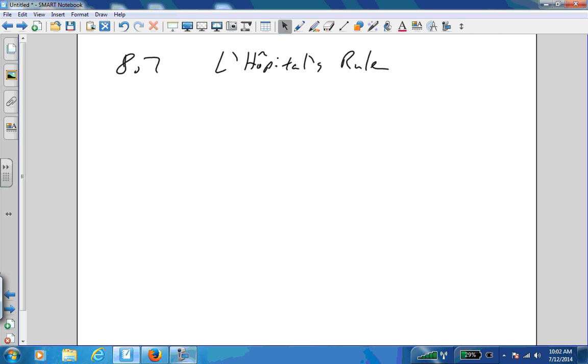8.7 is on indeterminate forms in L'Hopital's rule. And while most of us probably wish that limits were gone, that we didn't have to do limits anymore, 8.7 is another section on limits, but fortunately it makes a lot of the limits we've done in the past a little simpler. And the premise of L'Hopital's rule is that if we have a rational function,